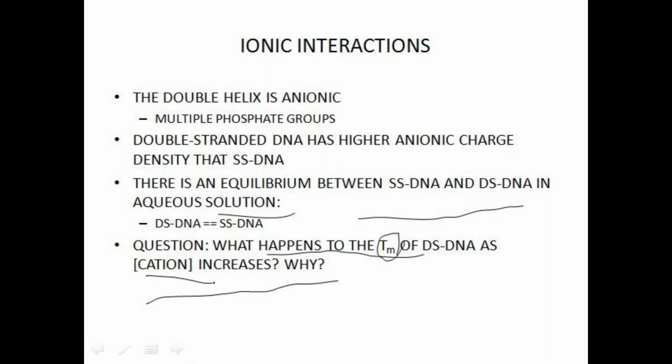Here, cation. And the double-stranded DNA contains which charge? Anionic charge. When cationic charge is increasing, and anionic charge is present in normal DNA, it has to maintain some melting charge. When cations are present, they cause neutralization of these charges. And when there are more positive charges, it can easily denature the DNA. That means the melting temperature, what is happening here?